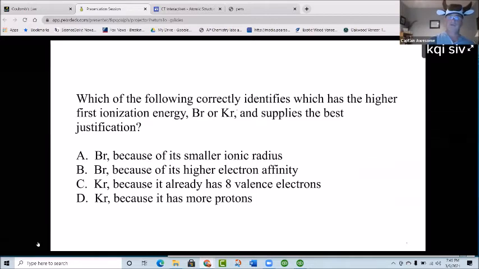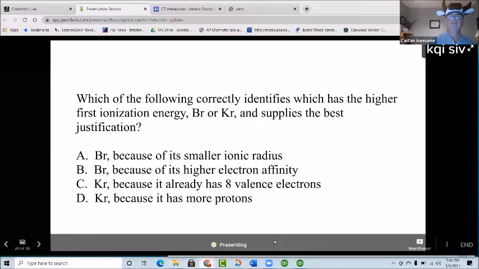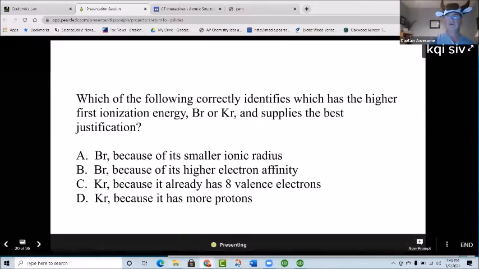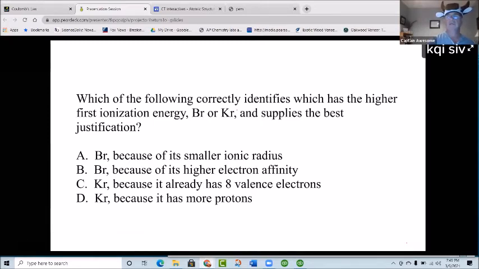So you'd have to go to a periodic table. You would have to find Br and Kr and try to come to some decision about who has a higher first ionization energy and which one gives the best reason for it. If all you knew was "to the right and up" or things like that, then you wouldn't know the reason behind it. And that's what we're asking you to do in Unit 1: show that you have an understanding that protons attract electrons.